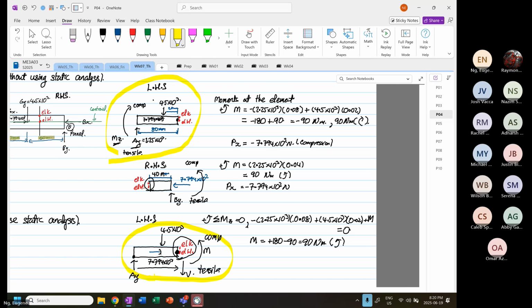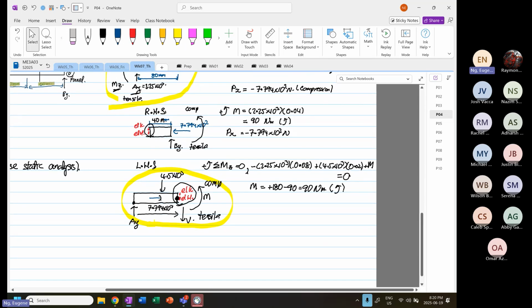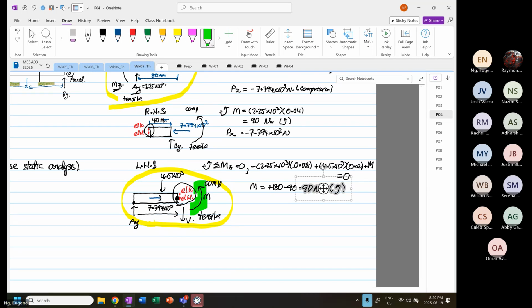So if we compare the two methods, it's the same answer, compression and tension. Now if we were to do this with the right-hand side, I want you to take note about this arrow. What happened when we go to the right-hand side? Now I'm going to write this further. We know that the Px is also equal to what? Because we have a Px over here, the P is also equal to 7.794. And by looking at the direction,